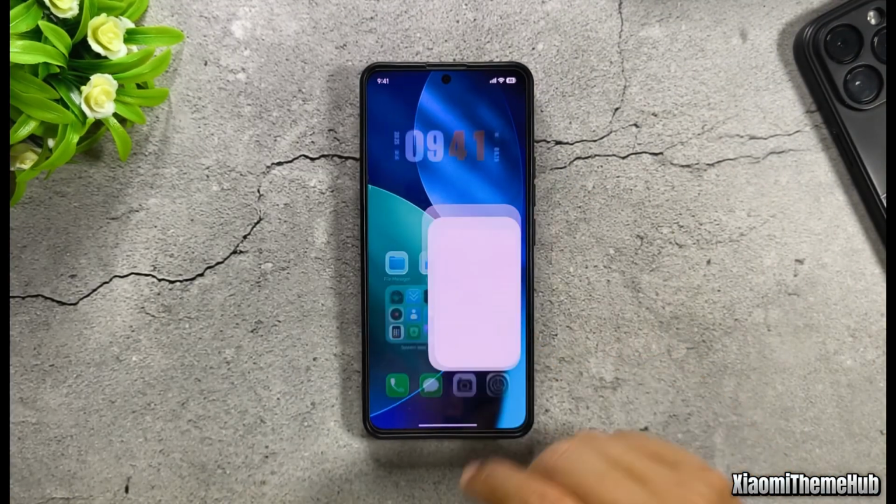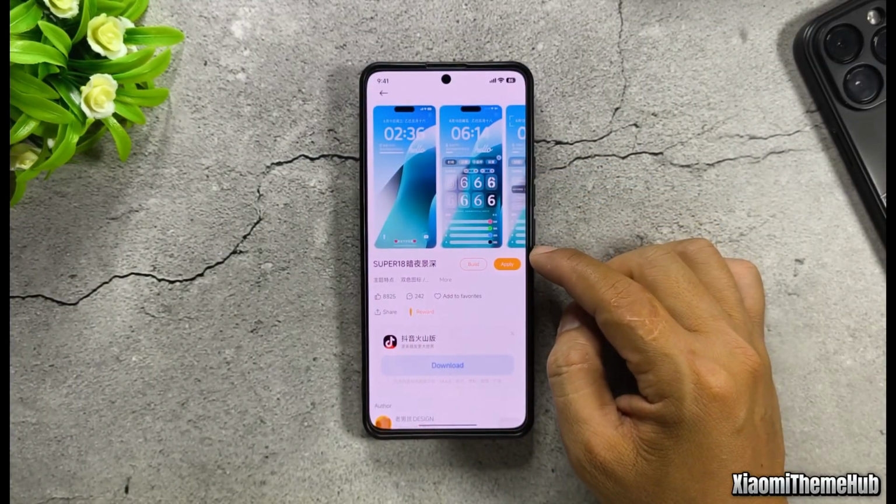All themes include one backup file in the video description. You can use it to restore on your